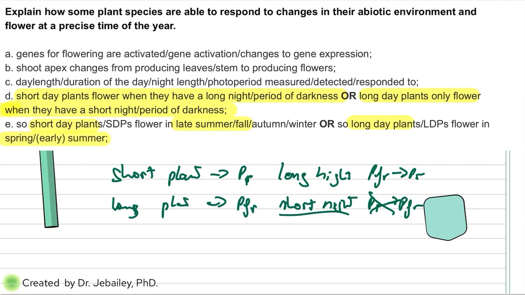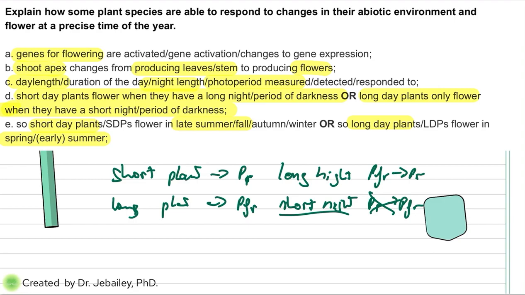Now, besides that, we also talk about the shoot apex, right? Because they usually produce leaves and stem, but because the gene expression has now changed to flowering, it's activated. Now we're going to make flowers instead. But again, it's all based on day length and night, or photoperiod, which basically is detecting the light, and from